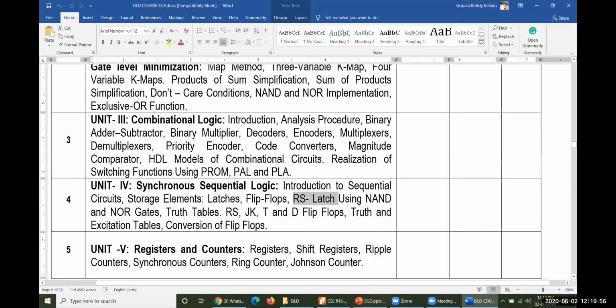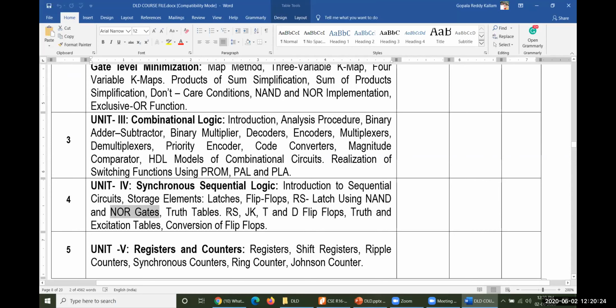and the NOR gates. I don't want to introduce NOR gates yet. By the end of unit number 5, I will implement these NOR gates, because NOR gates are somewhat different when compared to NAND gates. In most cases, all flip-flops are supposed to be implemented only in NAND gates. Don't go for NOR gates. Don't worry. I will explain this particular point also, but not now. It will be before completion of unit number 5.